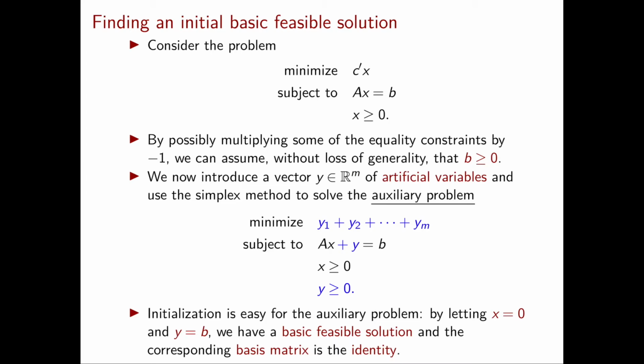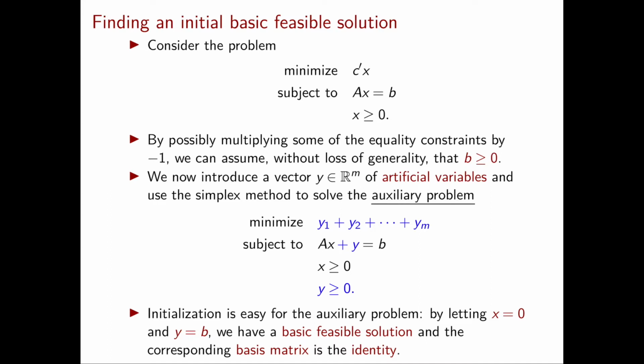Now we are ready to introduce our auxiliary problem. And the way we obtain such an auxiliary problem is in a way similar to what we discussed just one slide ago for that linear programming problem with a very special form. In fact, also here we want to add non-negative slack variables, which in this case we're going to call y. If you think about it, we don't really need here to introduce slack variables. In fact, we already have equality constraints, so it really makes little sense to add a slack variable. However, we will soon see why this is useful to us.